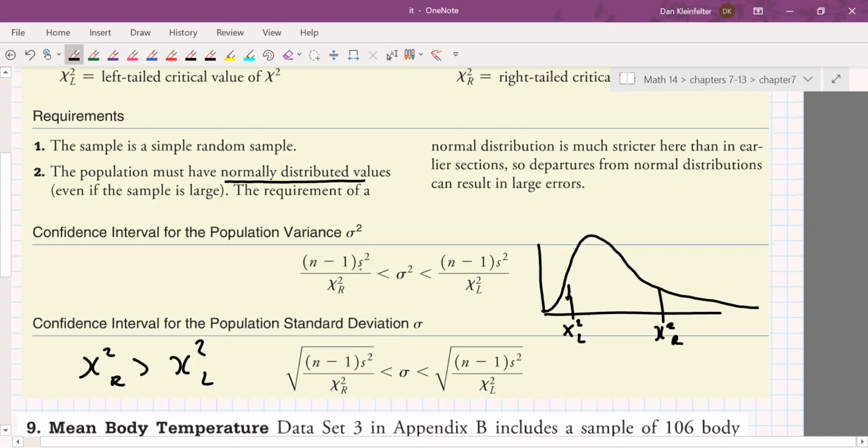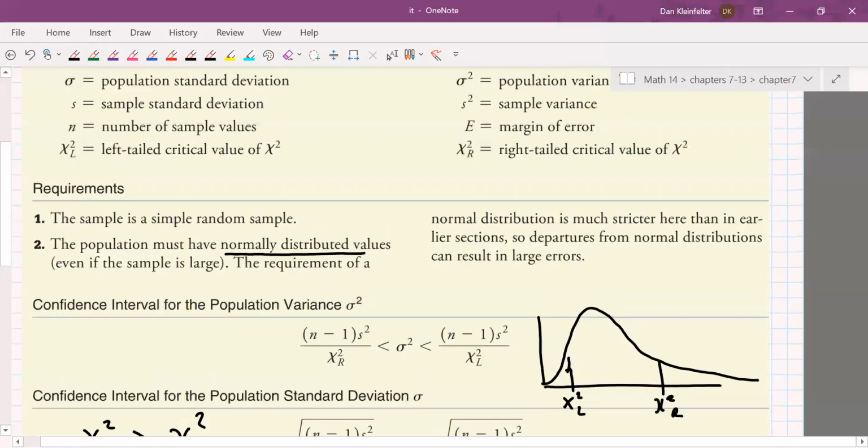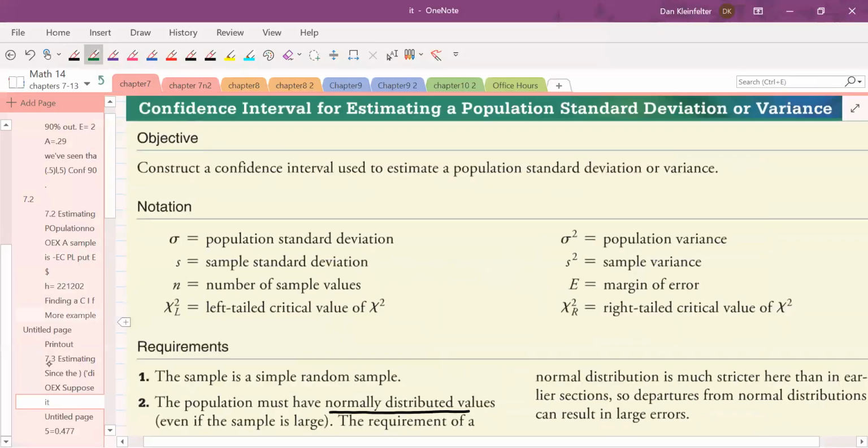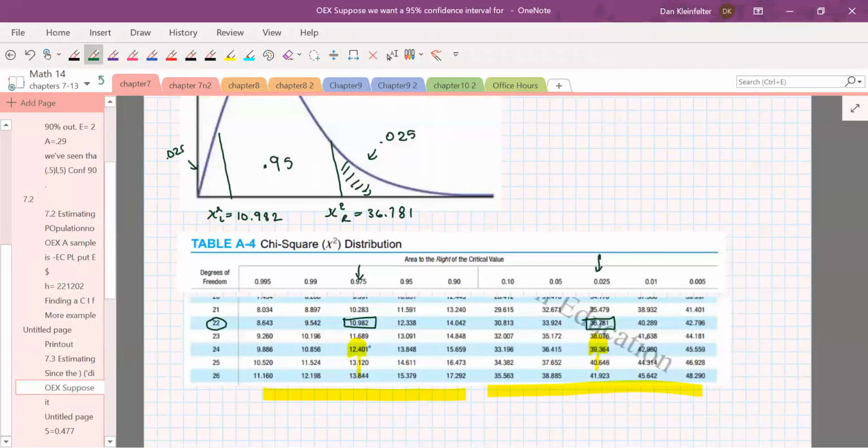The numerators are both n minus 1 s squared, on both. And then the denominator of the fraction on the left is chi-squared right. The denominator of the fraction on the right is chi-squared left. And that's not there just to confuse you, I promise. What you want to think about here is remember that in our chi-squared distribution, all of the